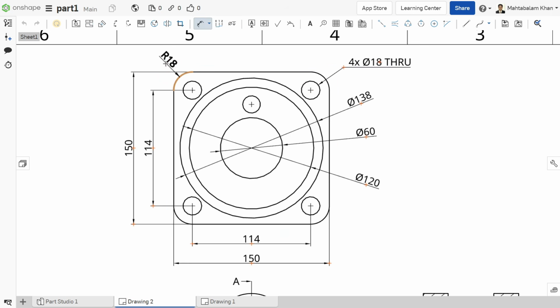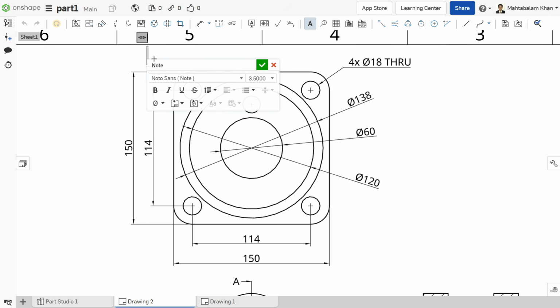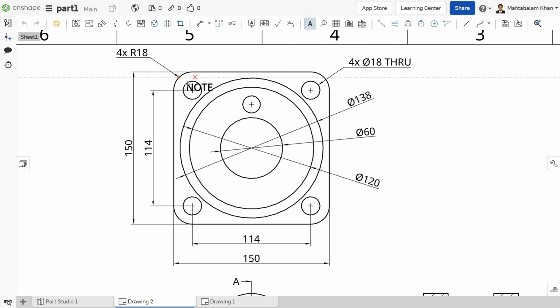Activate dimension. This is R18. So note, R18, 4 number of R18. Now say okay, later we will discuss, skip.